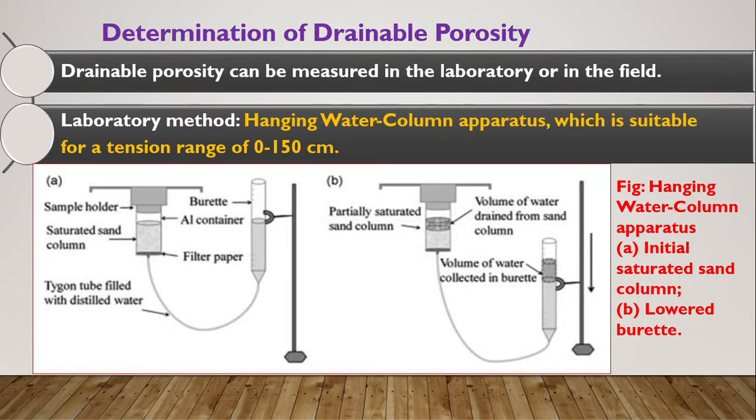We will use majorly 2 meter pressure, I think. So that much pressure will be inserted into the saturated water column by lowering this burette. While lowering the burette, the water from the saturated water column will be filled in this burette, and this amount of water will be measured. The volume of water collected in the burette will be measured, and the sample volume will also be measured. The ratio between these two will give the drainable porosity. So this is the experiment which we will do in the laboratory for finding drainable porosity.